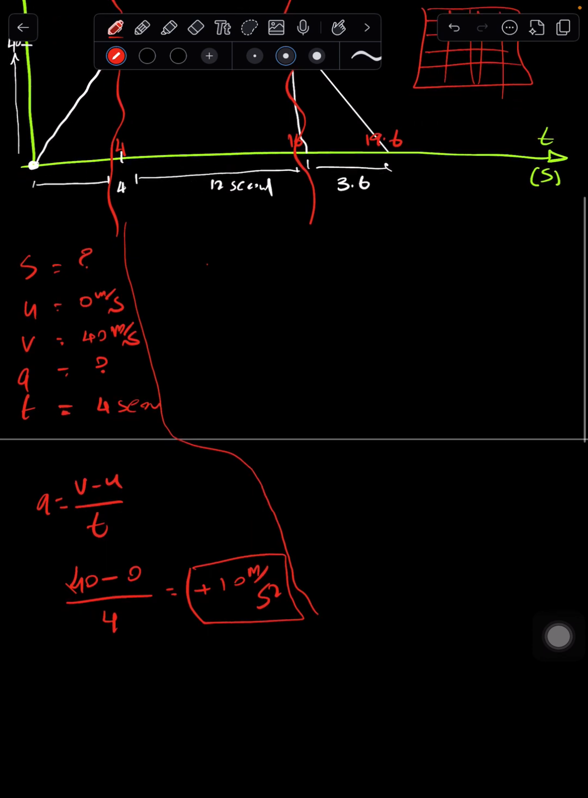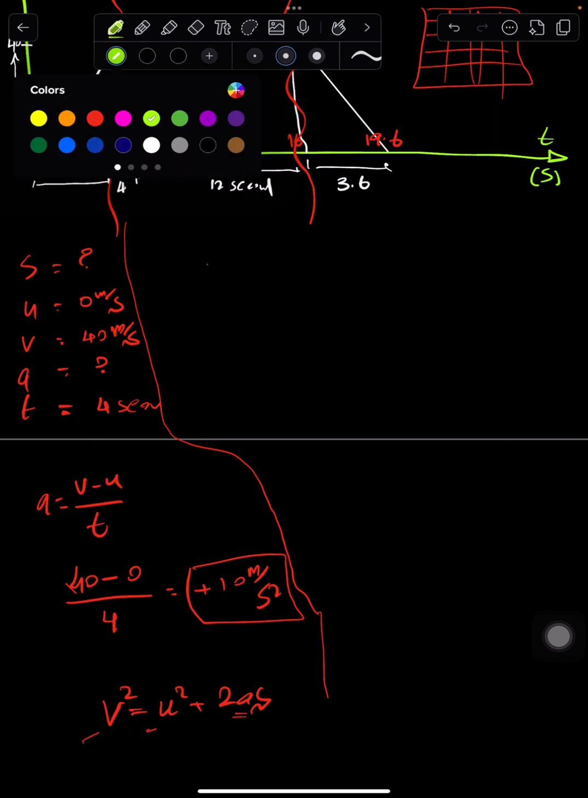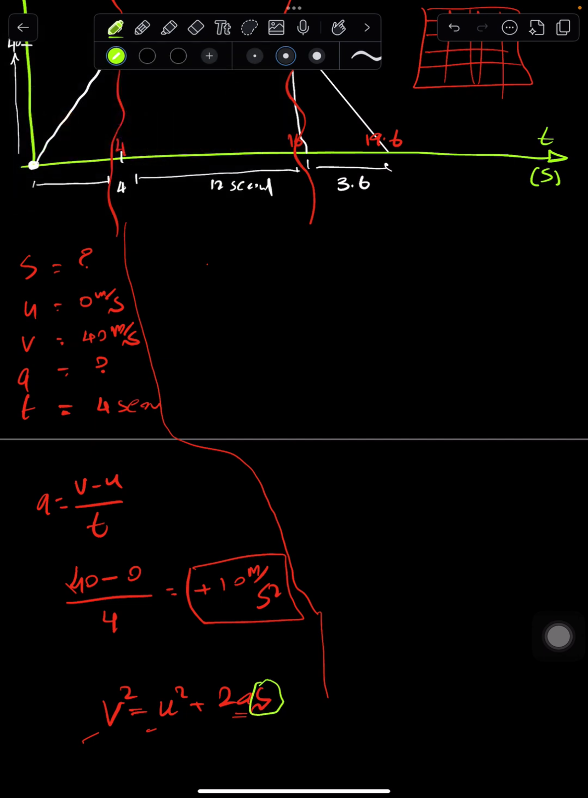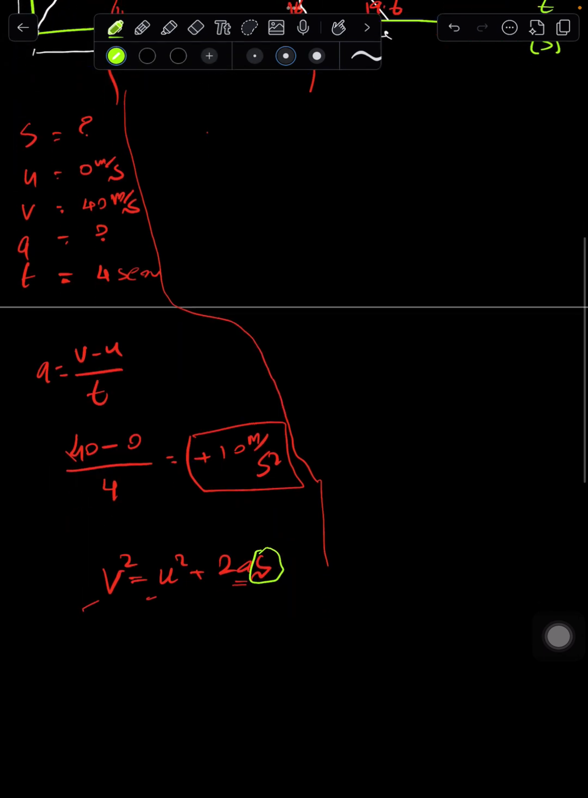And we can find the displacement by rearranging the formula. We have the formula which states that v squared equals u squared plus 2as. So we have the final velocity, we have the initial, we were able to calculate the acceleration. The only missing variable in this case is the s, which stands for displacement. So by rearranging the formula using some simple math, the displacement should be equal to v squared minus u squared